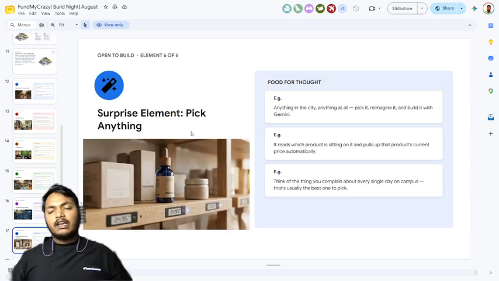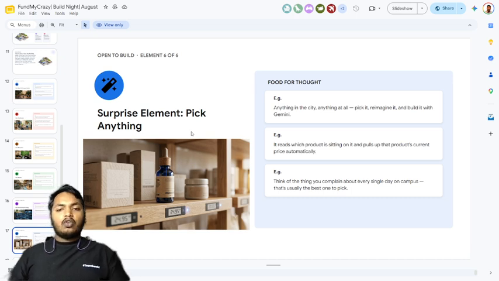You can pick anything, just as open innovation. Anything in the city that you find, you can create something crazy. So yes,